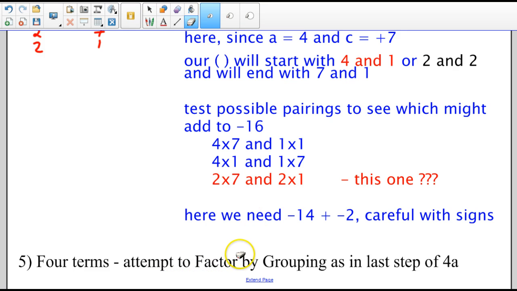Still common factors first. Always look at the common factors regardless of the rest of the question. All that ends up doing is you take bigger numbers out, you start working with smaller numbers. But if you do have 4 terms specifically, consider trying to group them the way we did in 4a. Okay, so the possibility would be,